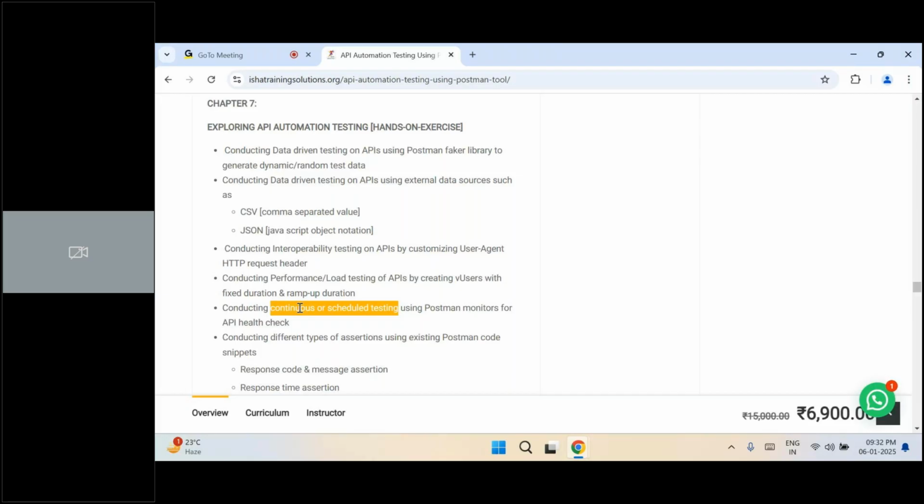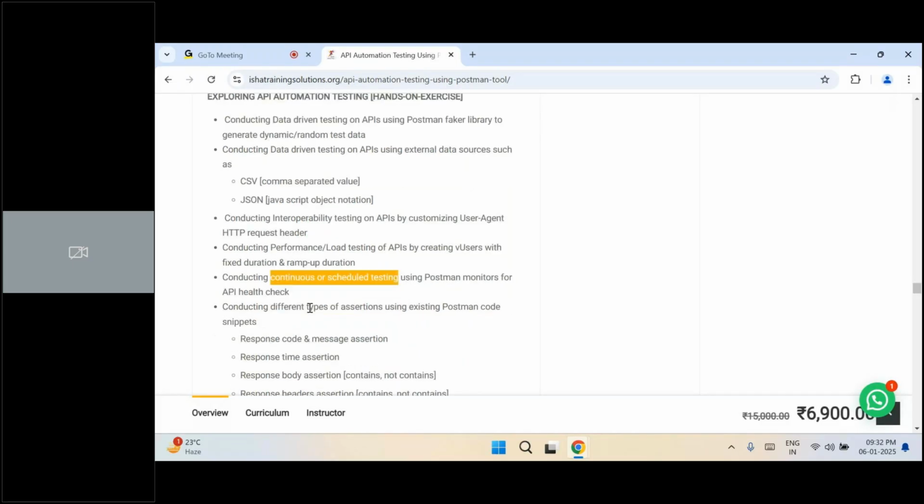Imagine a situation where you are on vacation, so you cannot execute the automation code and your project team is dependent on you, but you are on vacation, so the automation execution takes a back seat. In those situations, we will implement continuous automation testing, which means even in your absence, the scripts will run automatically based on the schedule that you have set in advance. So I can put a schedule that runs this every day in the morning at 8 a.m. and sends a report to my client and to my project team. Postman will do that. So that automation is what we are going to learn in this chapter 7.